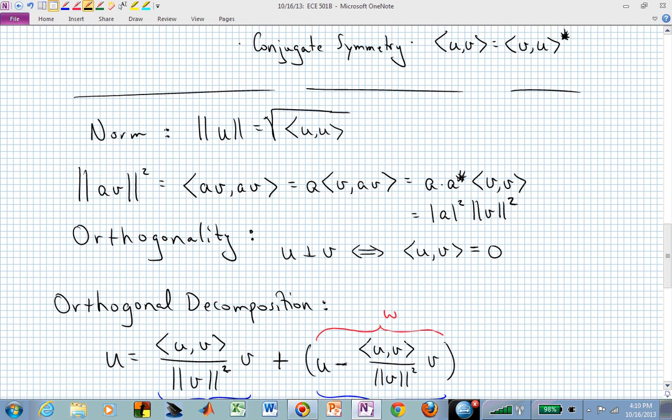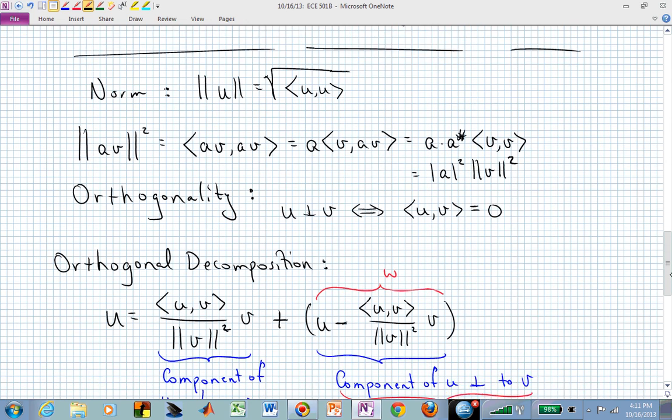Orthogonality. Two vectors, U and V, are orthogonal. That's what I'm meaning by this symbol, this upside down T. That's supposed to be an orthogonality symbol. U is orthogonal to V if their inner product is 0. And again, that depends on the inner product that we've defined. But once we've defined that